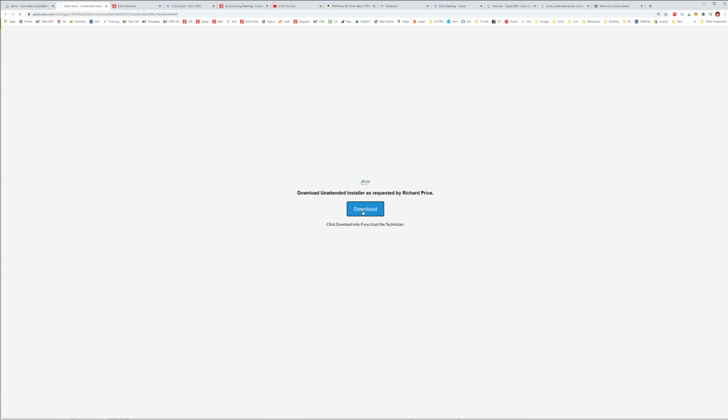and click download. It'll download a file. Now, depending on what type of browser you have, as to where that file is going to appear, but don't click on it. Instead,